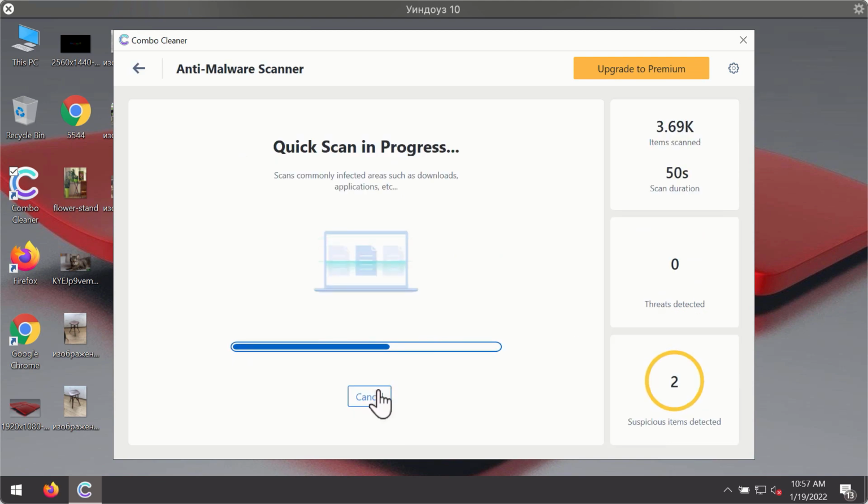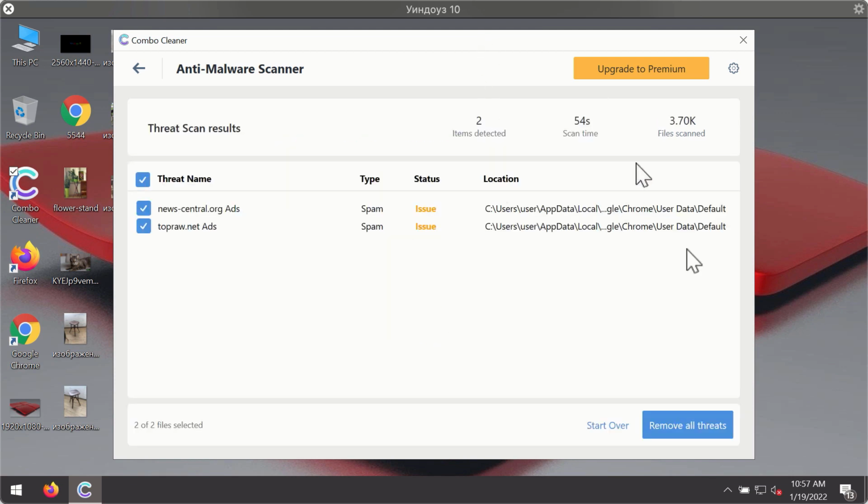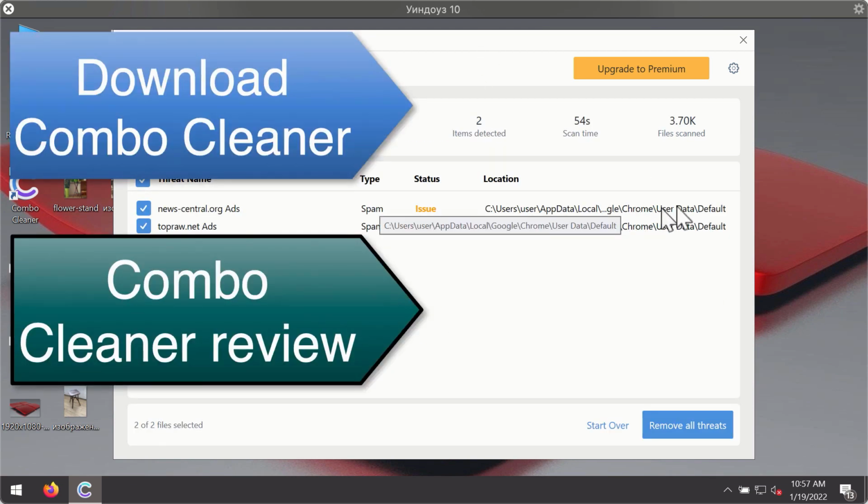Then, after the scanning has been completed, you'll see a detailed summary of threats that were found during the scanning. The summary will show you the name of the threat and its exact location on your computer. You'll be able to remove each threat manually by going to these locations, or you may